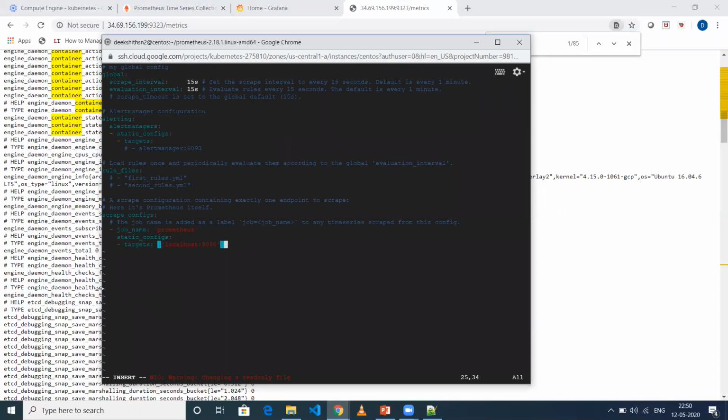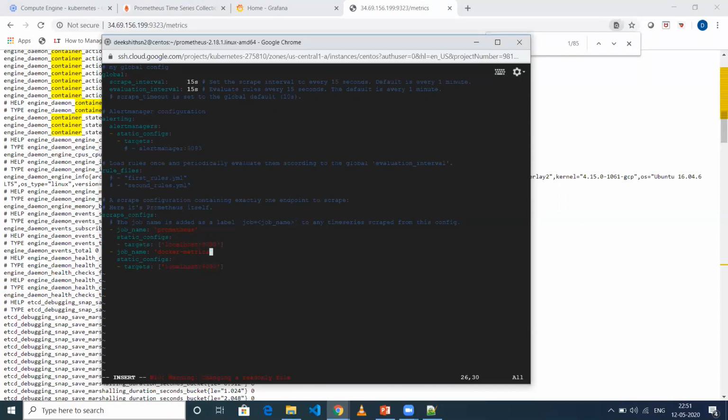So I'll just copy paste this particular job. Let me adjust this YML, because if there is any problem in this YML, your Prometheus won't start properly. So I'll just name this job name as Docker metrics.